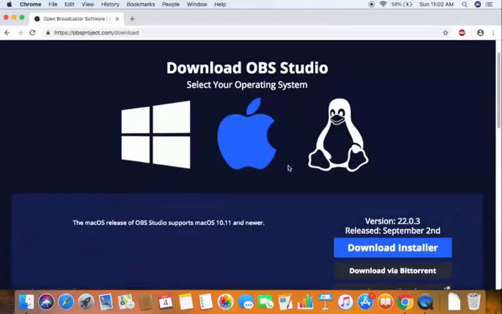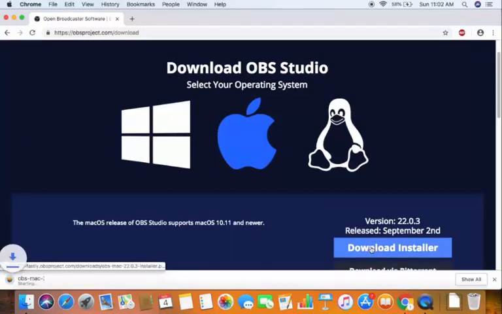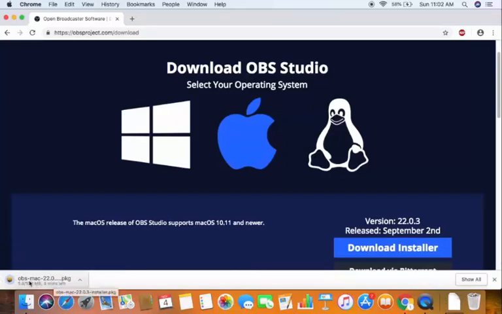And then I'm going to scroll down a little and you will be able to see this button which says download installer. So I'm going to just click on the download installer button, which is going to start the download of this PKG file. I will wait for the download to complete because this file is about 109 megabytes, which will take some time to download. So now as you can see, this file is downloaded on my system.